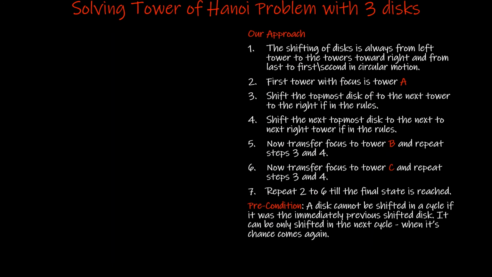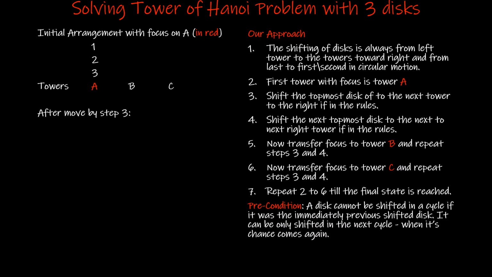Right. Now let's look at an example to understand whether our approach can solve the problem. So we have written down the rules, the steps of our approach. And we start with the initial arrangement with our focus on A, and we are going to highlight the tower A in red if it is in focus. So this is our initial arrangement. We have towers A, B, C with A highlighted in red color, and that means it is having the focus. Also, it has all the disks present in the ascending order of their sizes.